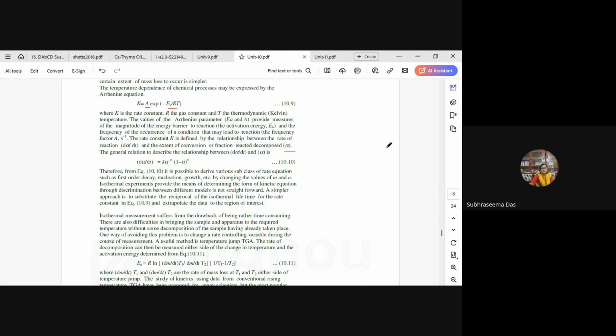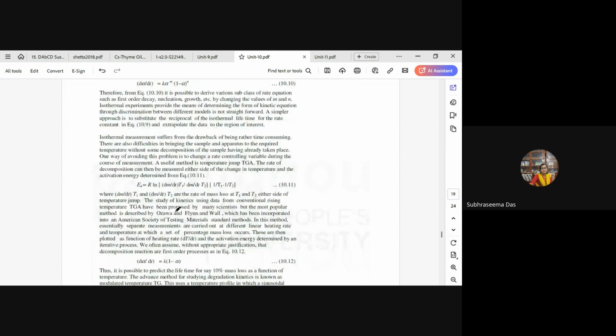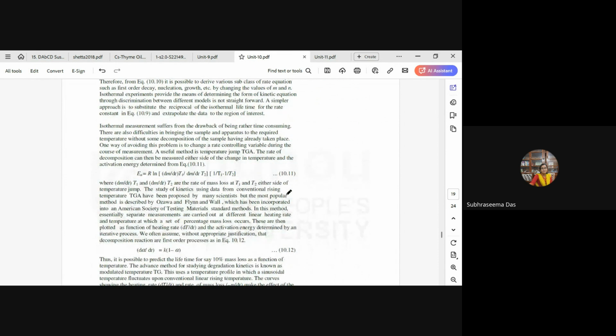So here is a simpler approach: substitute the reciprocal of the isothermal lifetime for the rate constant in equation 10.9, and then we can extrapolate the data. The isothermal measurements have the limitation of being rather time consuming. There are also difficulties in bringing the sample and apparatus to the required temperature without some decomposition of the sample